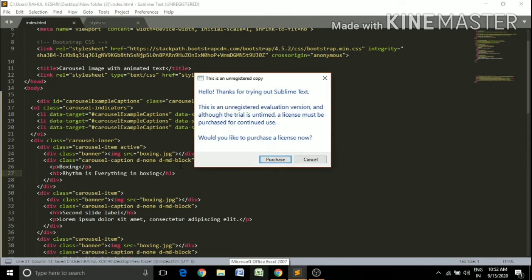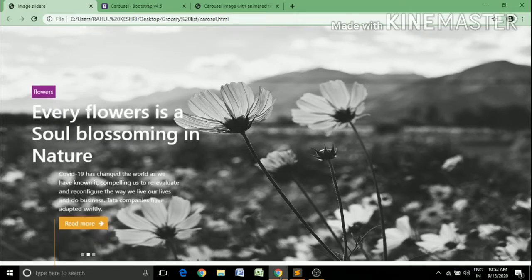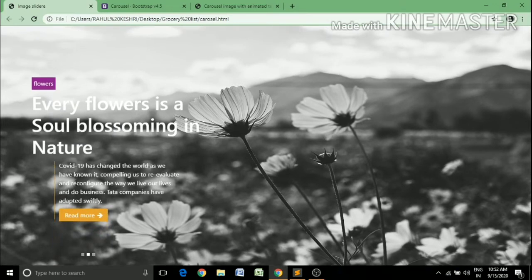Okay, and guys, these paragraph and anchor tag we will have to take in one div.